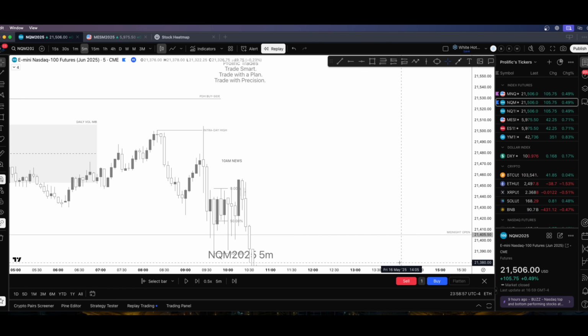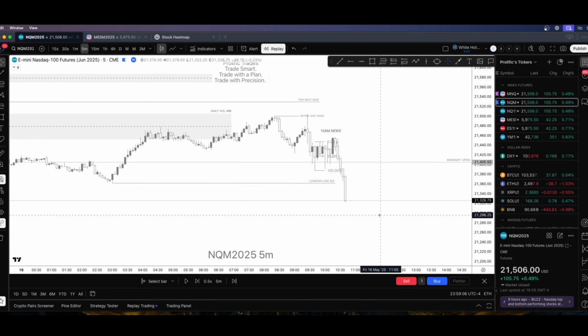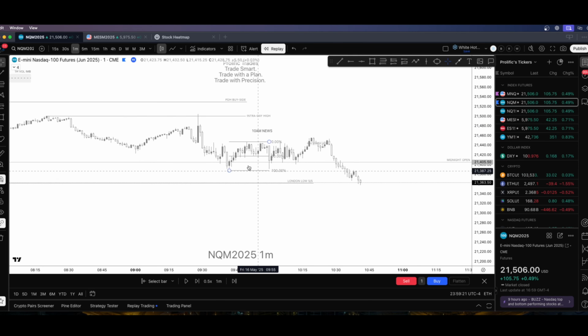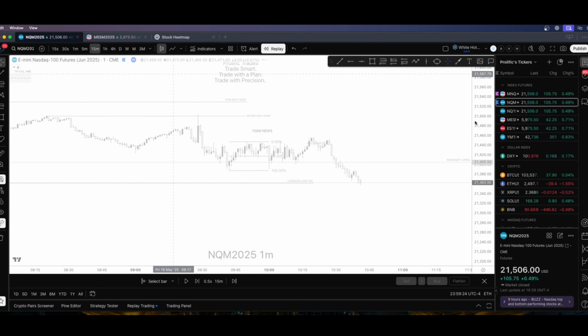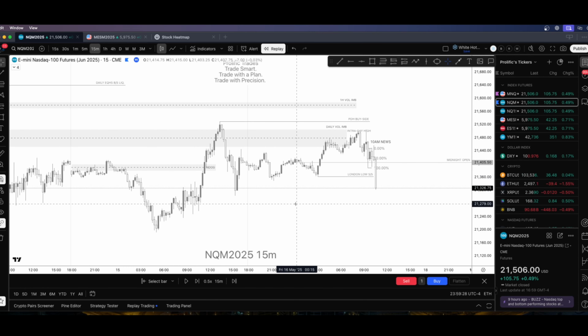So all we need is those 10 to 20 point runs. Every now and then we'll get 30, 40 point bangers. Like it is what it is. But we just got to be patient. This right here shows you that price is fractal. This accumulation, manipulation, distribution, redistribution happens on all time frames. Whether you trade on a 1 minute, 30 second, 15 minute, it literally happens all the time. Like all the time.